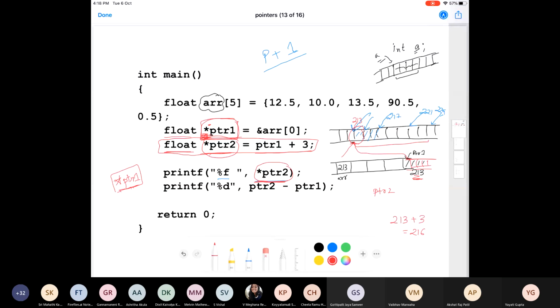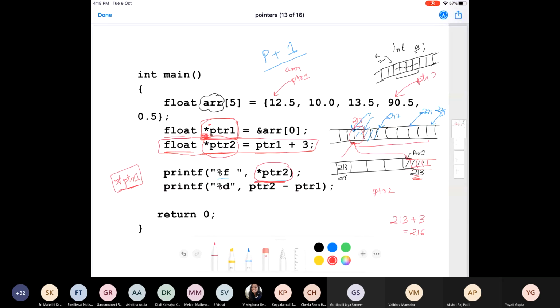And what is that? Your PTR1 was pointing here to the address of this element. PTR2 was your PTR1 plus 3, which will actually point here. So this is your PTR1, which is same as your ARR. Both of them are pointing here.